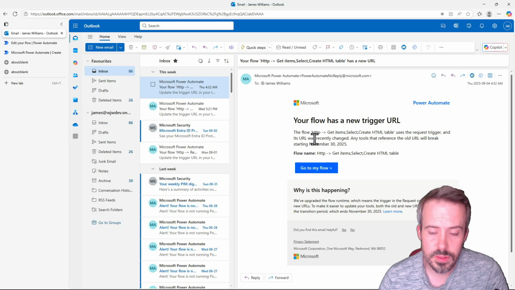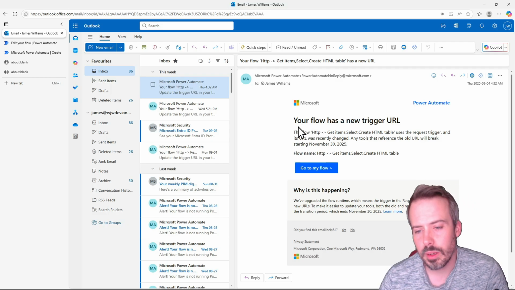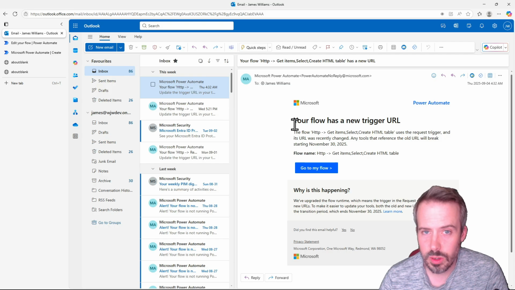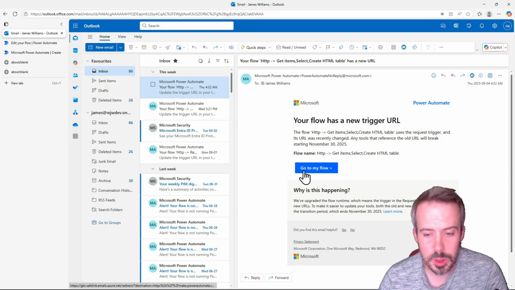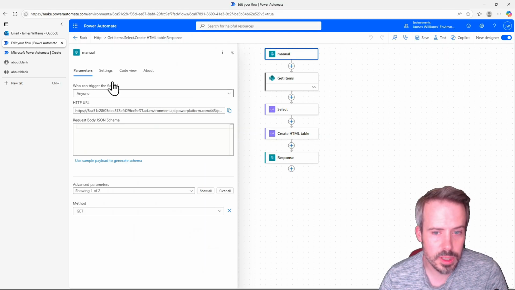So you might have received, like me, a few emails like this from Microsoft recently, which explain that certain flows that use the HTTP trigger in Power Automate have a new trigger URL. So if you click the button to go to the flow and examine the trigger properties, you might see that there's a new URL in this box, which looks a bit like this, which you'll have to use because